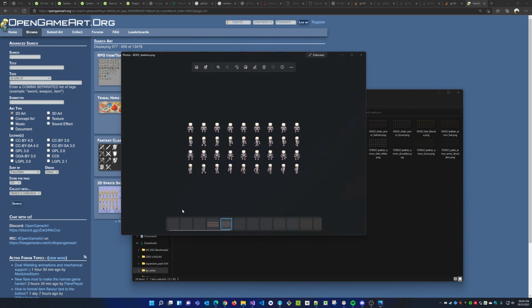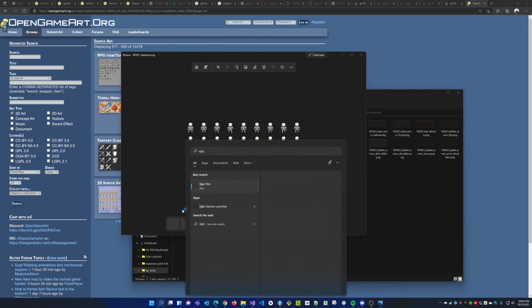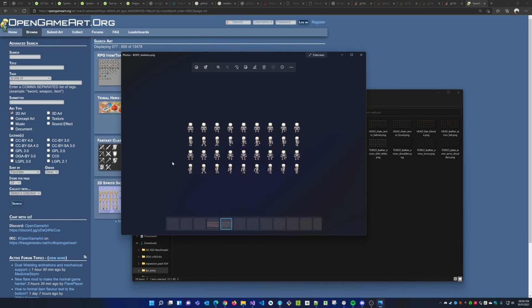Let me get my Epic Pen up. So this is kind of the image. There's no white background in here, only the character. That means that the background is transparent. There's nothing there, right?